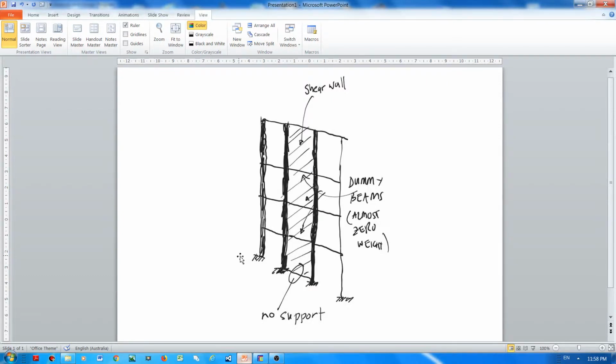Hi everyone. One of FrameCE users in the Philippines asked me to show how FrameCE models shear walls, and he gave me these sketches. As you can see here,